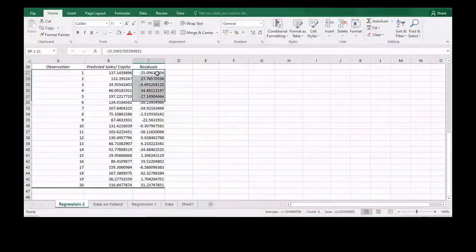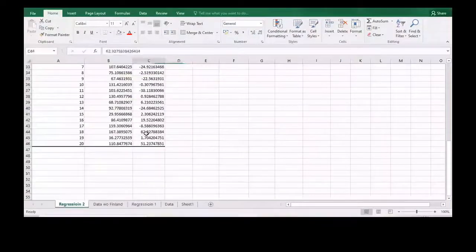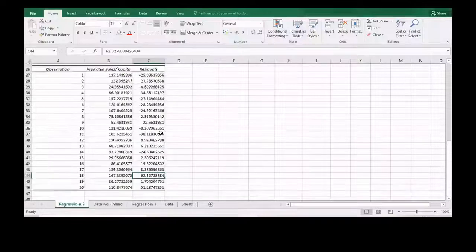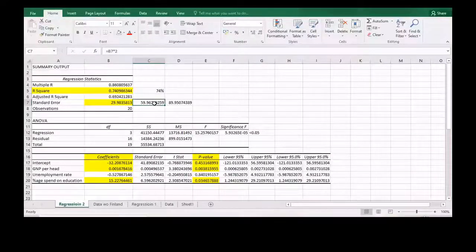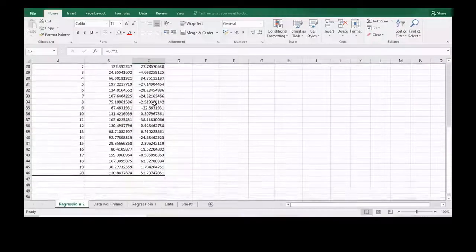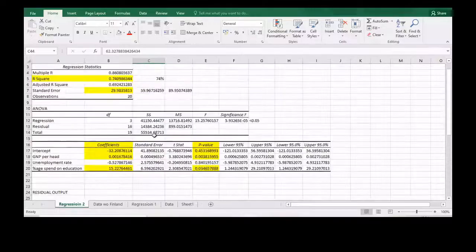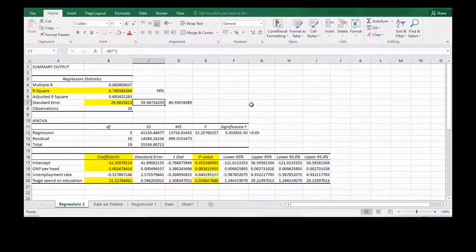Now, if you look at this very carefully, you will not find even a single value greater than this 89.95. However, you can see this 62.32, which is greater than 59.96, slightly greater than that 2 standard deviation. Although no other value is close to this 62. So in that way you can consider it is outlier, but it is only slightly greater than this 59.96, so we can safely ignore it and we can finalize this equation.